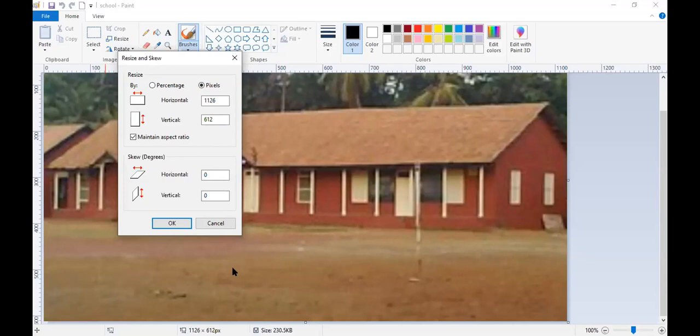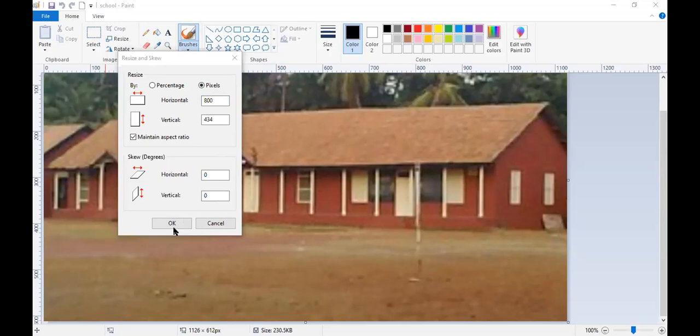Now we want to reduce the size of the image. So I will keep the width at 800. Automatically the height will change as per the aspect ratio. Okay, so see 800 and 434. So here I'm getting the size.